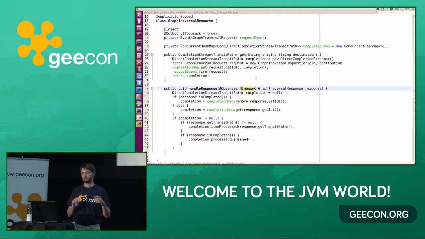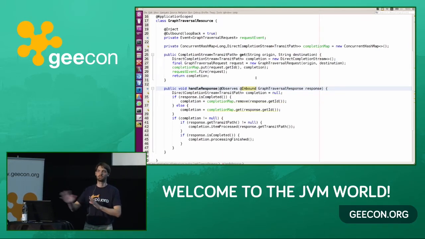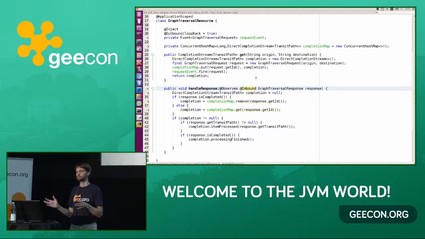And just to explain, these inbound and outbound qualifiers are not standard annotations. I'm using the annotations provided by Payara server, which is an application server. But it's quite easy to create your own annotations like this. You just need to wrap a mechanism that is capable of transferring messages, transferring serialized objects to other instances,